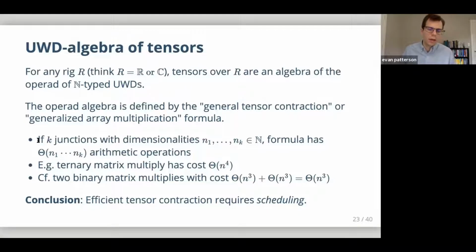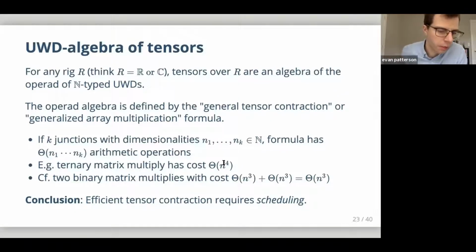But I do want to point out an important aspect of this. It's true that you can write down this formula for any arity, but the number of arithmetic operations involved is proportional to the product of the dimensionalities of the junctions in the picture. So for example, if you have a ternary matrix multiply, by which I mean an undirected wiring diagram with 3 boxes connected in sequence, then that has